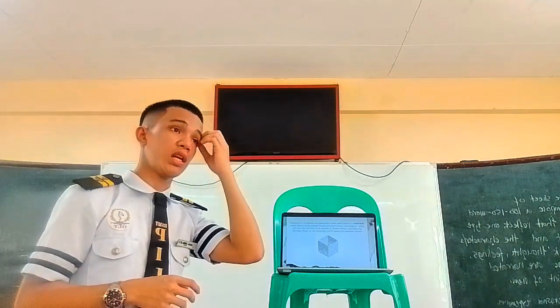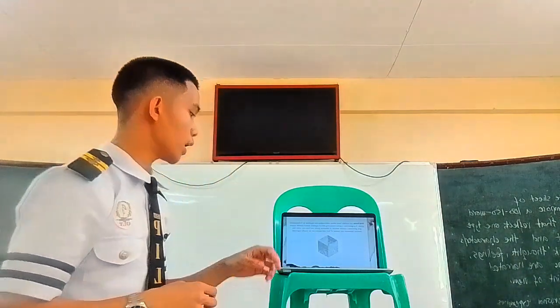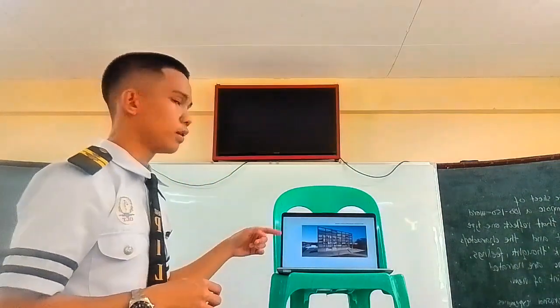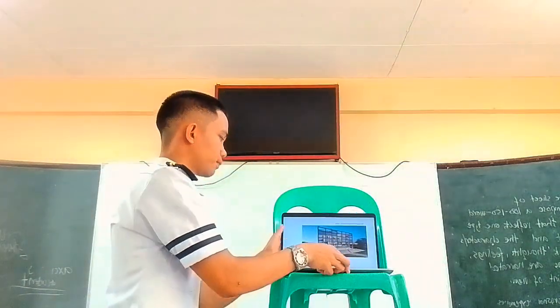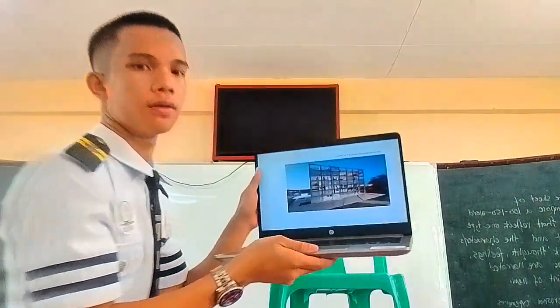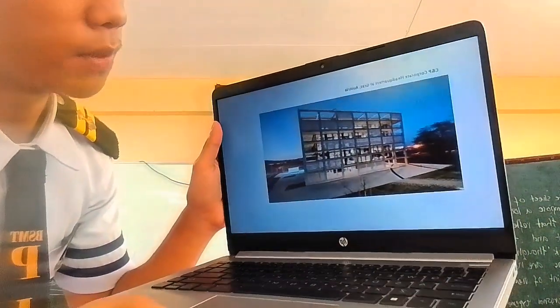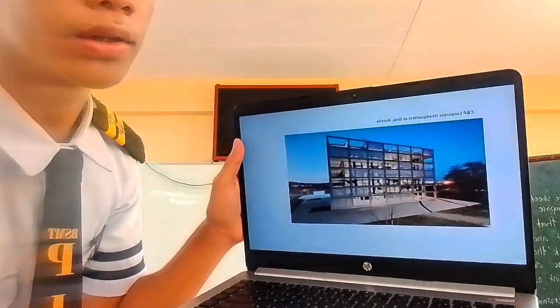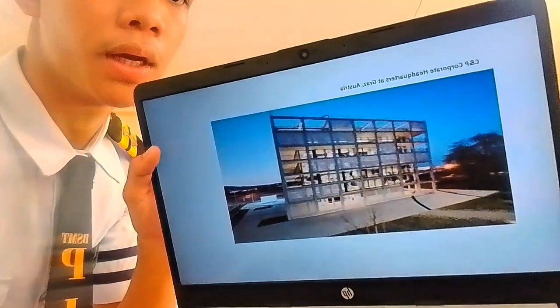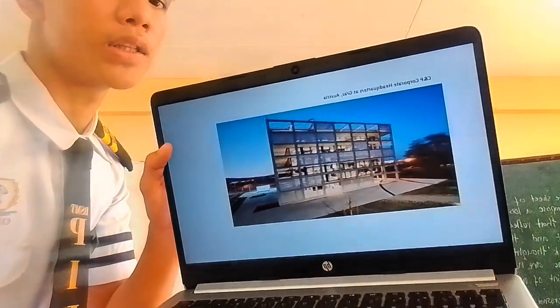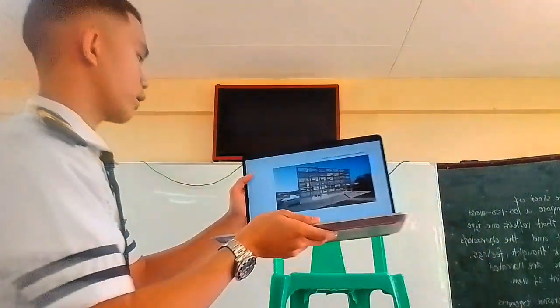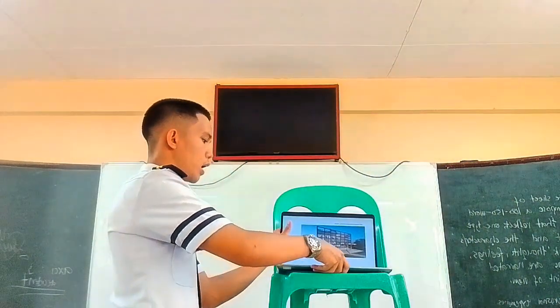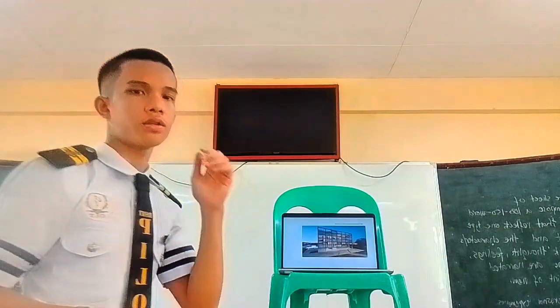Design na box. Just like, ito example nyo, box siya. Ang CNP Corporate Headquarters at Graz, Austria. Apply siya sa architecture. So, ano siya ang mga forms of architecture.